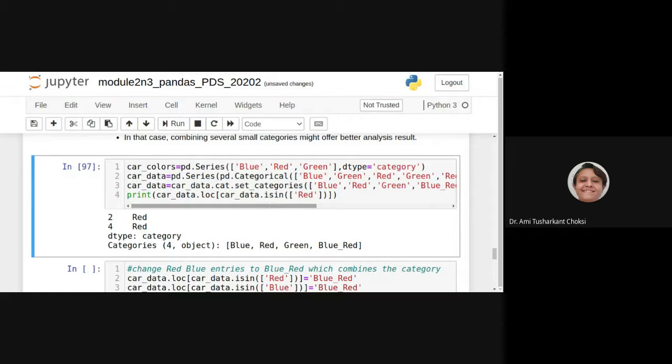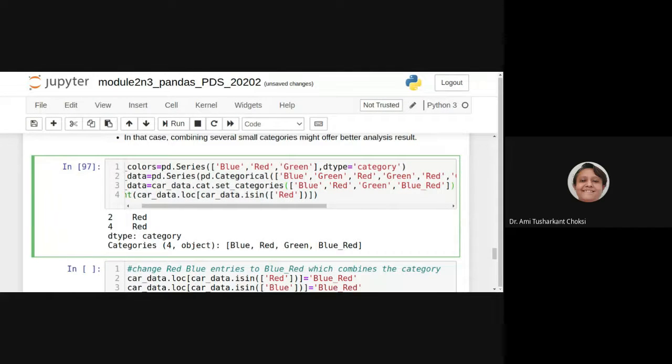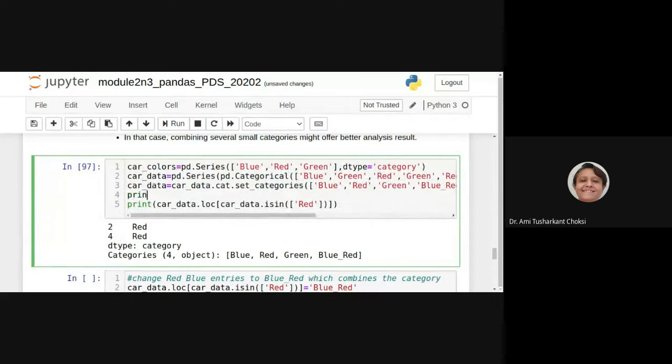What categories were we having before? Car data. Let me put it here. This was the category. Yes, print car_data, right?